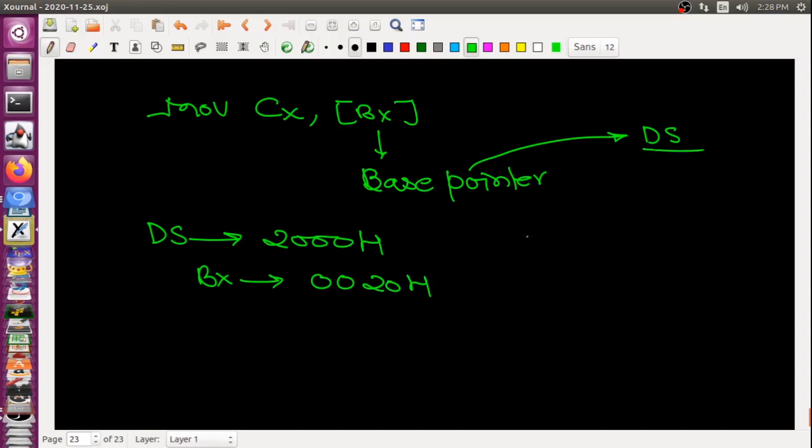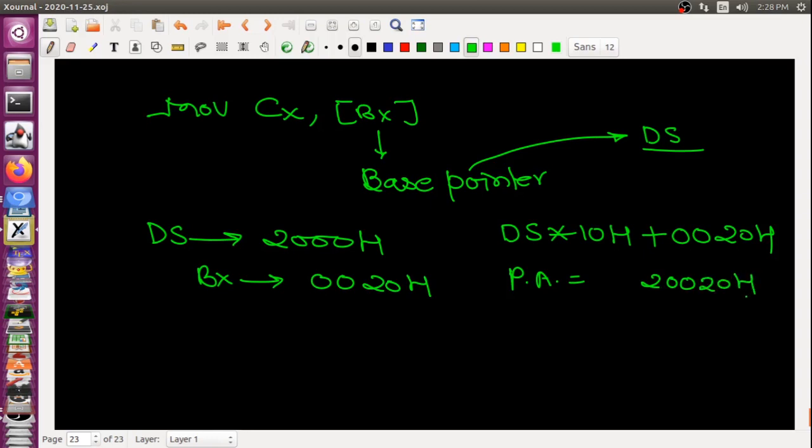What is the value of DS now? We refer to the table that I drew. The total physical address is DS multiplied by 10H plus 0020H. So the physical address after this calculation will be 20020H.